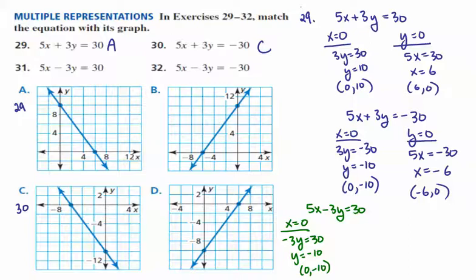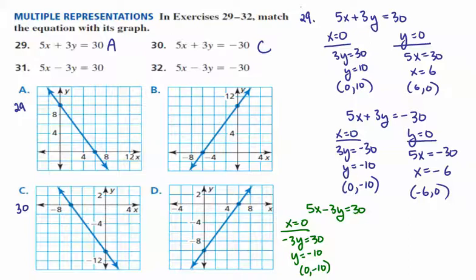And so we need another graph whose y-intercept is negative 10, and at this point there is only B and D left, and only D has the y-intercept of negative 10,